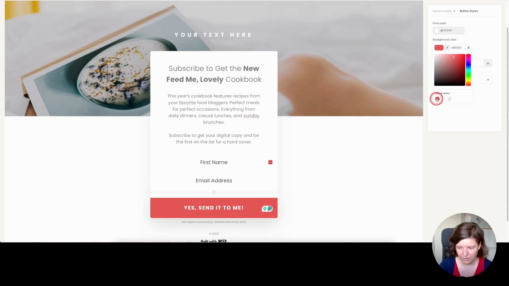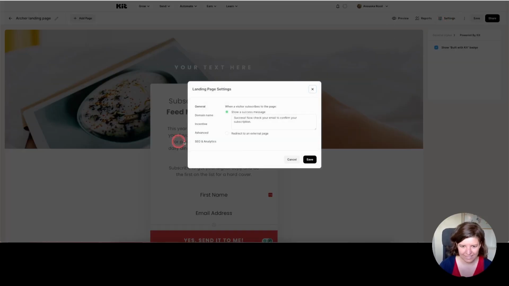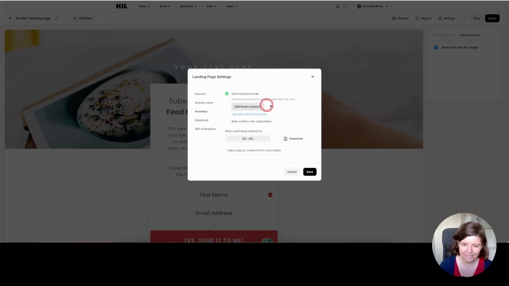and change the button color to your brand color. Then go to Settings, change your success message or redirect to a page on your website. Then select Incentive, edit email contents,